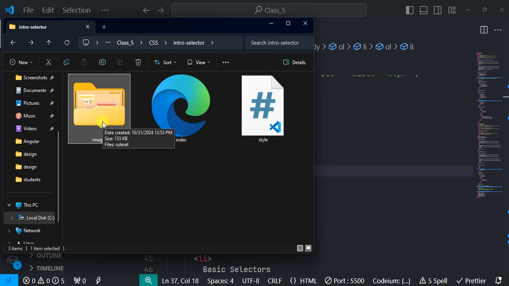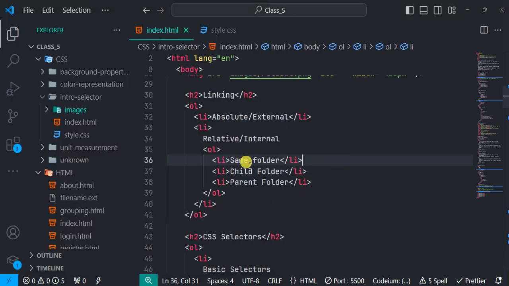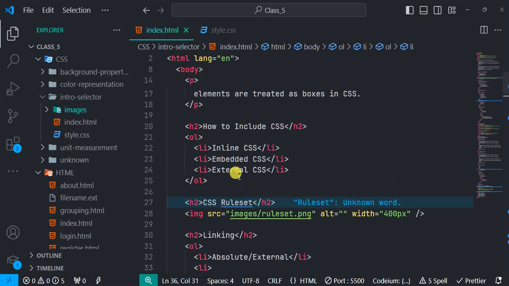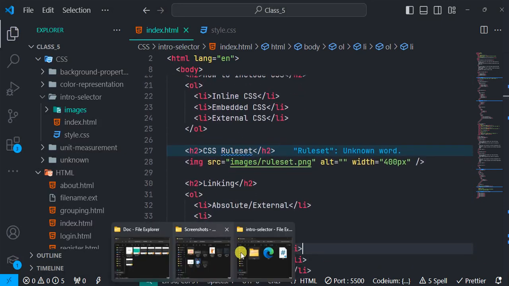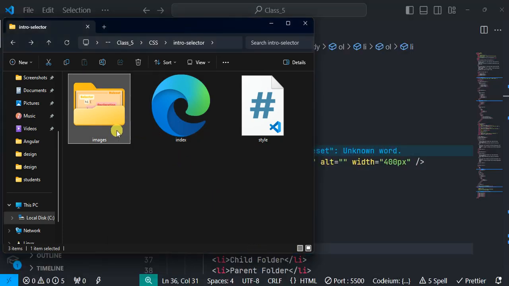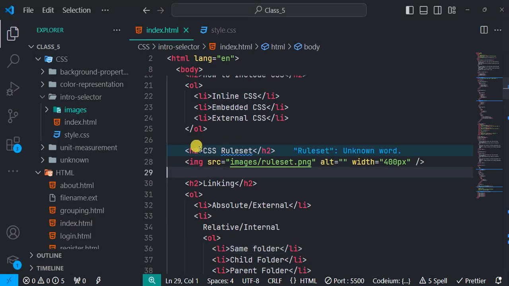So how do you do it? To do the same thing that we just did, like double click on the folder to open it to see what is inside it, you are going to be using this child folder linking. And what does that mean? What it means is that anytime you want to link to a file, but that file is inside another folder and you need to enter before you see it, you have to mention the name of the folder first